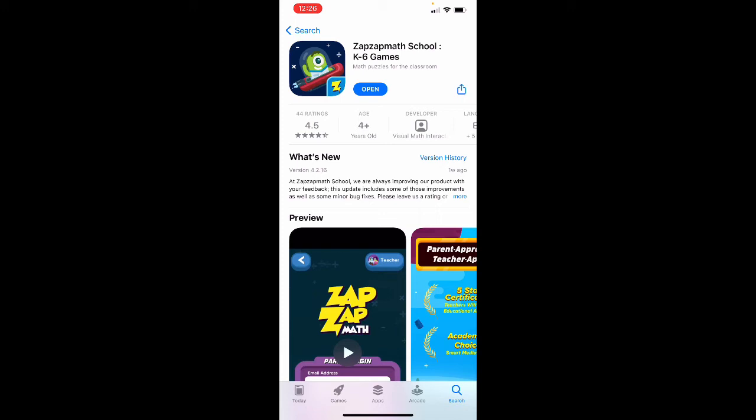So a lot of times with math, it can be hard because sometimes you just see these numbers and you don't really understand it. Like, for example, fractions, you see these fractions and you just think, okay, it's a number over a number. With this app in particular, kids can actually see a visual of what they are doing